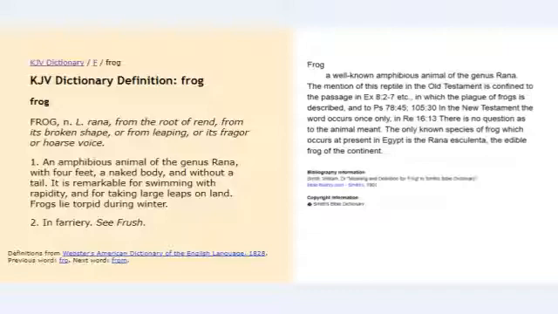So which frog was it? Was it a common frog that everyone knows about? Was it like a brown field frog? Was it a grass green common frog? Was it a poison arrow frog? What was it? So basically what I did is, first stop I usually make is the lexical dictionaries and the